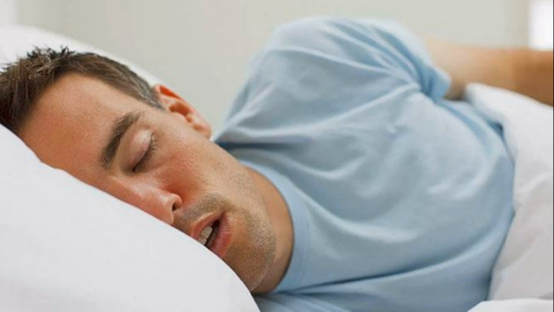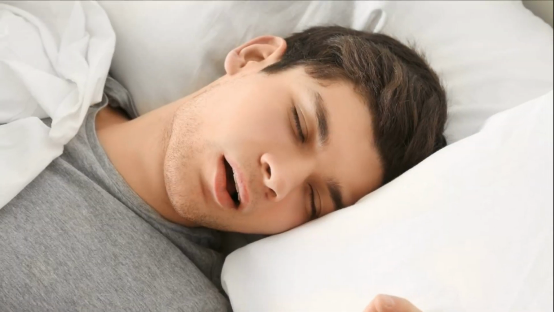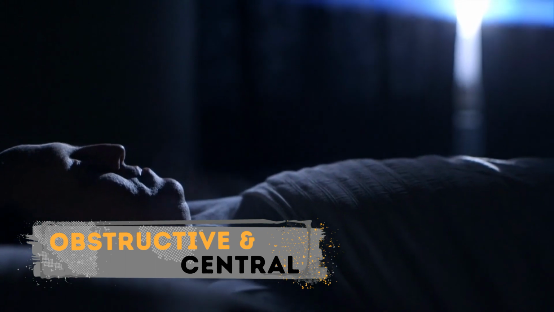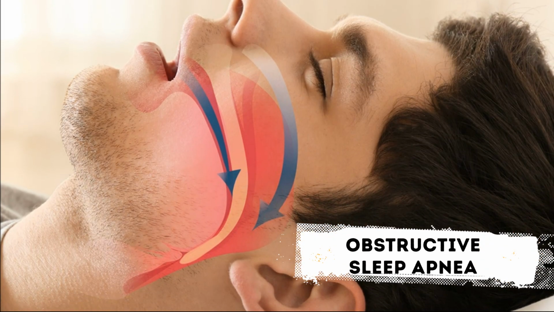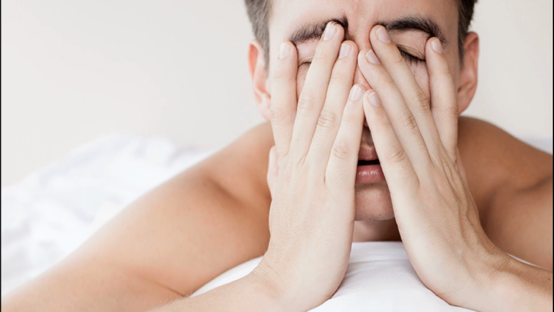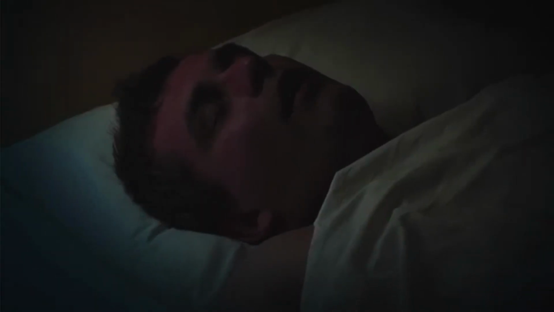Sleep apnea is a highly serious sleep disorder that occurs when people get their breathing interrupted many times during sleeping. There are two main types of sleep apnea, obstructive and central. The first type, which is obstructive sleep apnea, is the more common type and occurs due to direct obstruction of the airway. Have you ever been asleep and suddenly you woke up because you felt you were choking? That's exactly how it feels with obstructive sleep apnea.